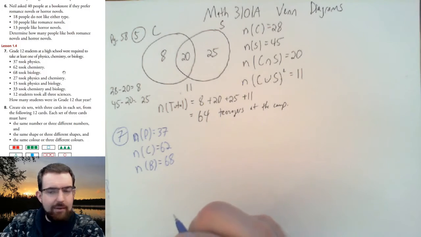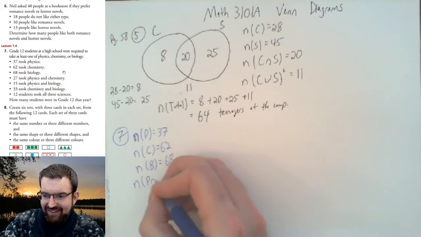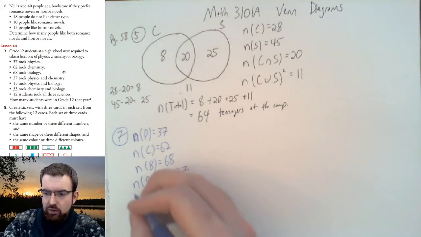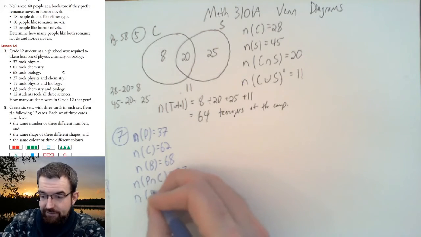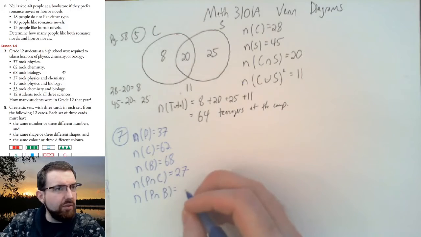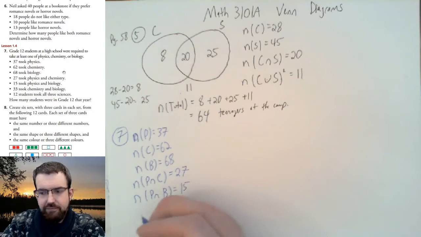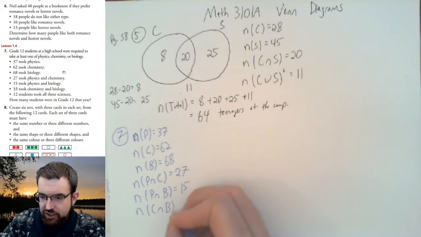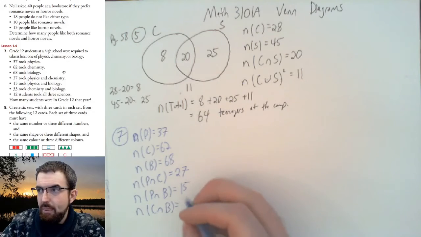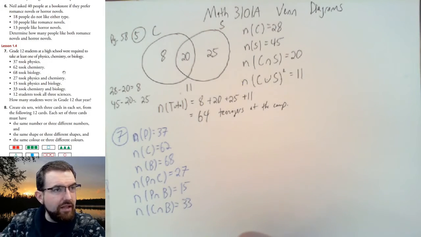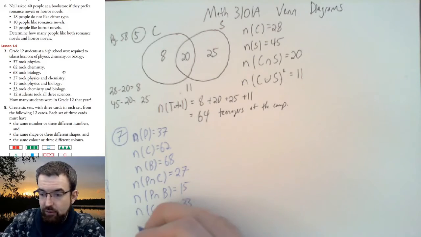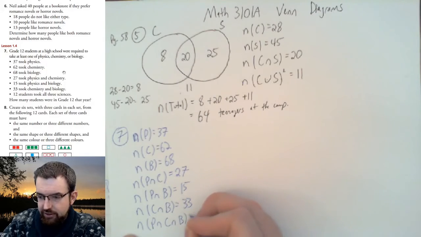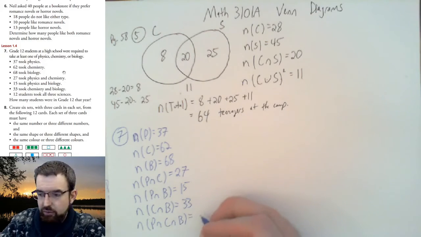27 took physics and chemistry. So the number of physics and chemistry is going to be 27. We know physics and biology is 15, so the number of physics and biology is going to equal 15. We're told the number of chemistry and biology is going to be 33. And we know that 12 students took all 3 classes. Okay, so all 3, we're going to represent that as the number of physics and chemistry and biology equals 12,